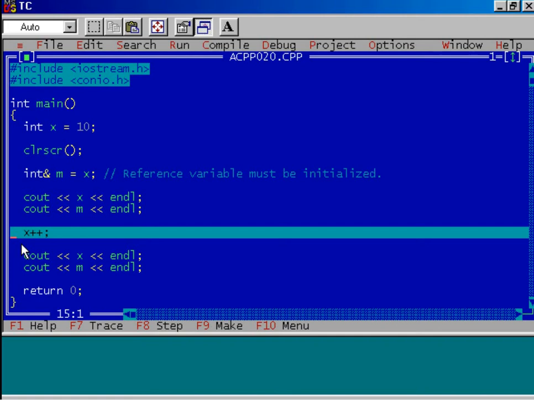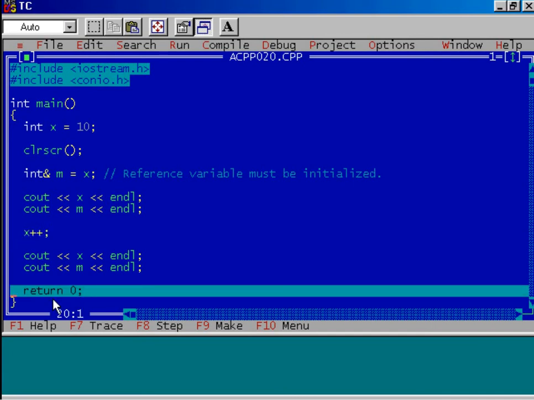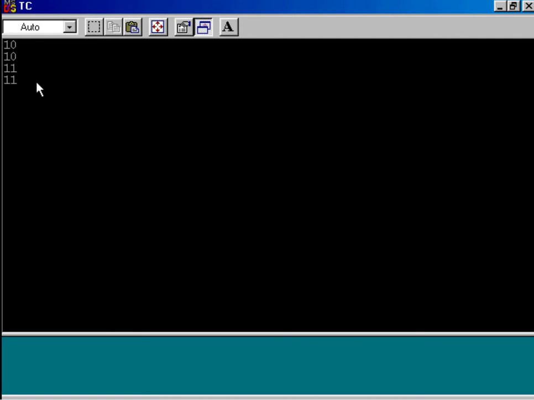Well, now I will show you one more interesting thing. If you increment the content of x, so I use x++ to increment the content of x. Let us see what is the effect of this statement on the value of m. Execute the program up to return 0 and see the output. You see, content of x is 11 and the content of m is also 11.